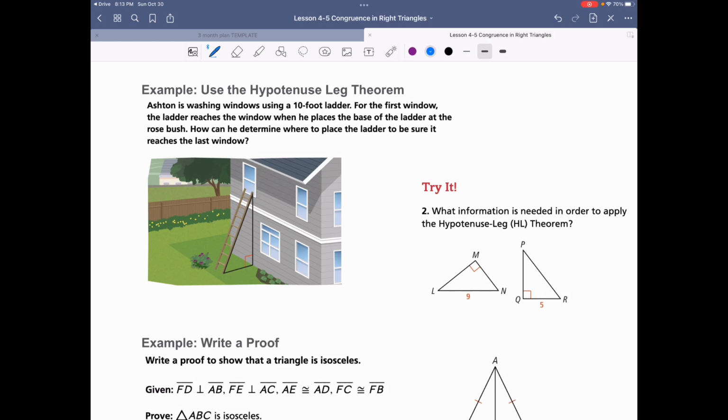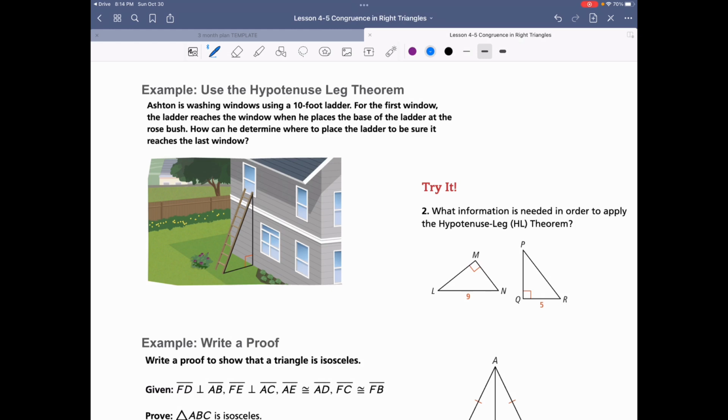Have any of you ever been on a ladder before? Can you tell how tall a ladder can go? When you're climbing a ladder this tall, you can't just put it straight up against the house. You have to put it a little bit away from the house. And so he's washing the windows, and